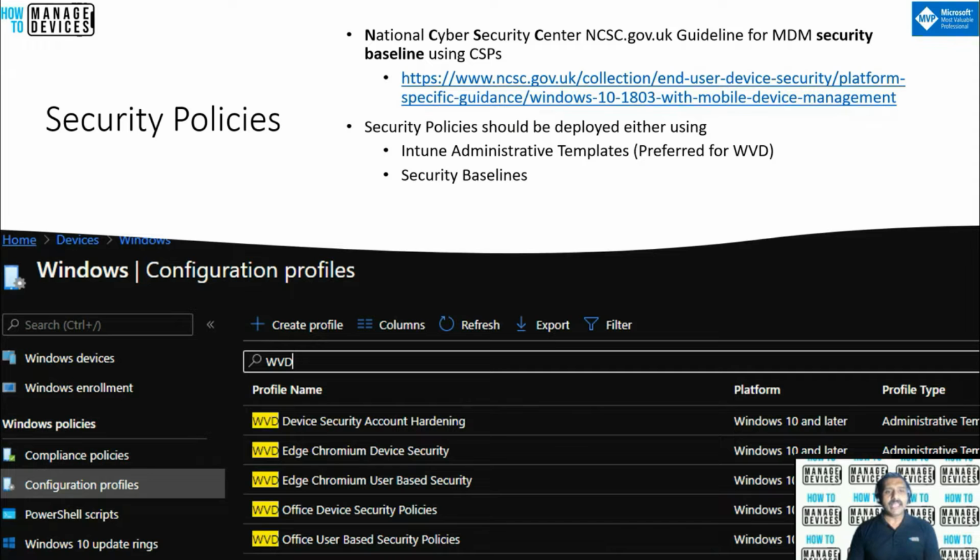MDM policies. As you can see in the slide, the National Cyber Security Centre of the UK government did an excellent job releasing a benchmark to secure Windows 10 devices using CSPs. You can go through their website mentioned here to get more details about the benchmark. I have seen many security organizations approving the NCSC benchmark as the baseline to secure Windows 10 devices in the modern world. I will let you try this with your security team. I don't know how it will go, but I hope it will be an easy convincing method because it's